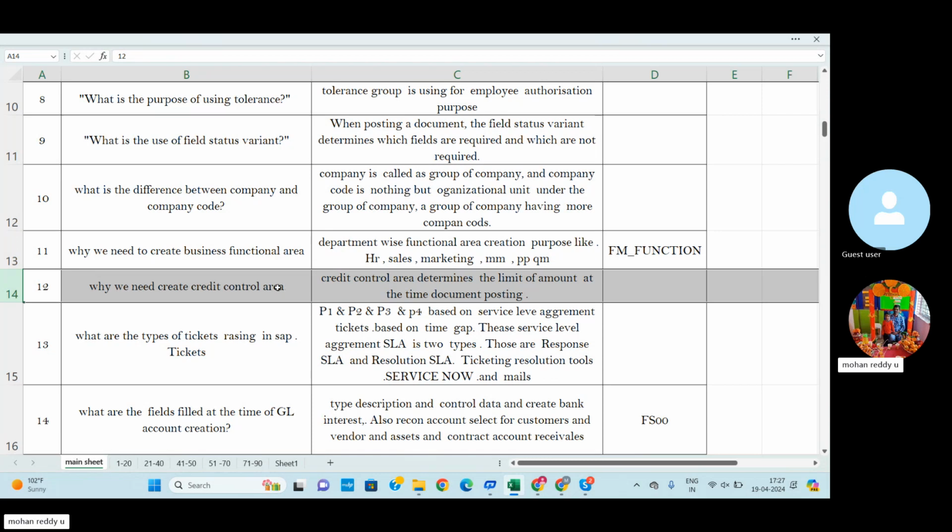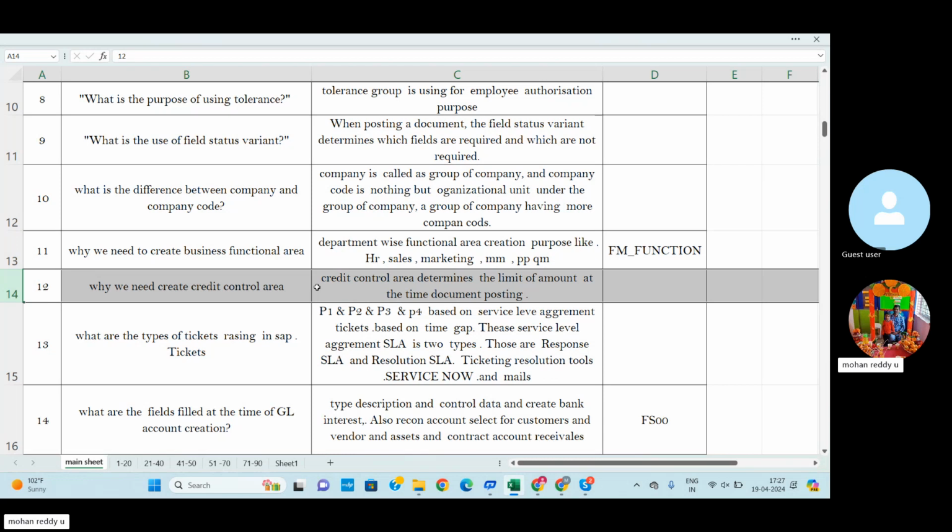For this purpose the credit control area will be decided for the particular employee's entry posting option. For example, we can assign the credit control area of 1 lakh to 2 lakhs to the particular employee. Then the employee can clear invoices up to a maximum of 2 lakhs. For this purpose we create the credit control area.